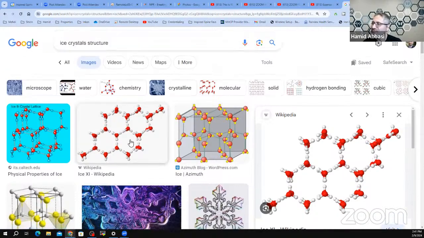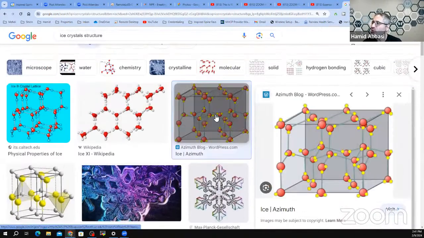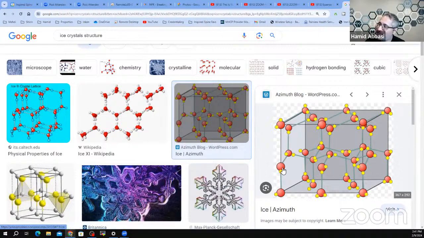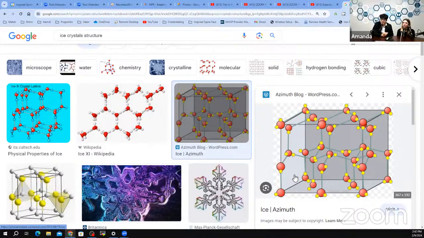But imagine now that these molecules are slower and slower, and they have a positive and a negative side. They are polar. They sort themselves in a lattice, in a crystal structure. That crystal structure has more empty space between them than if you would let them float freely. At what temperature is water the densest? 4 degrees Celsius. Good one, very good.